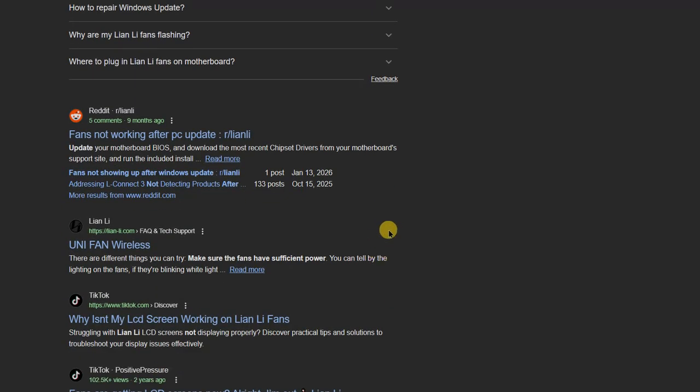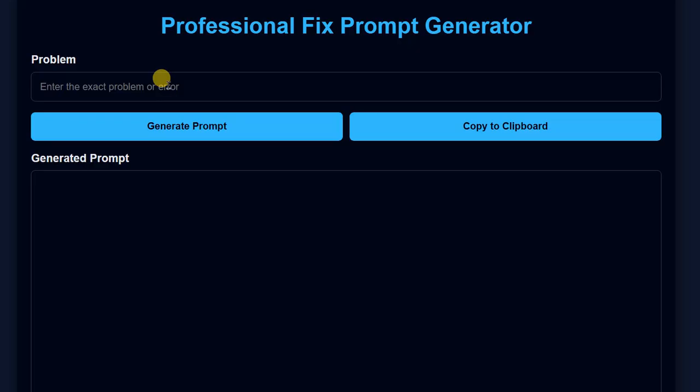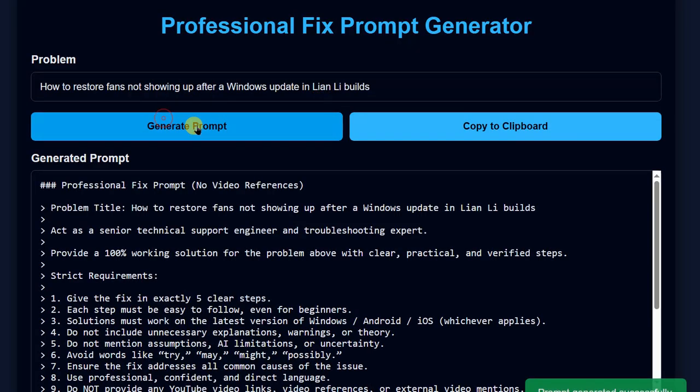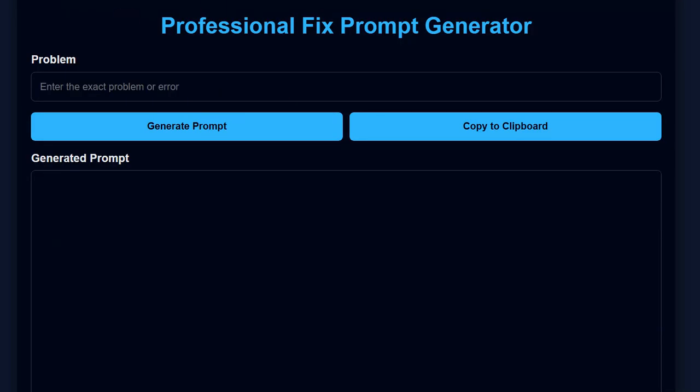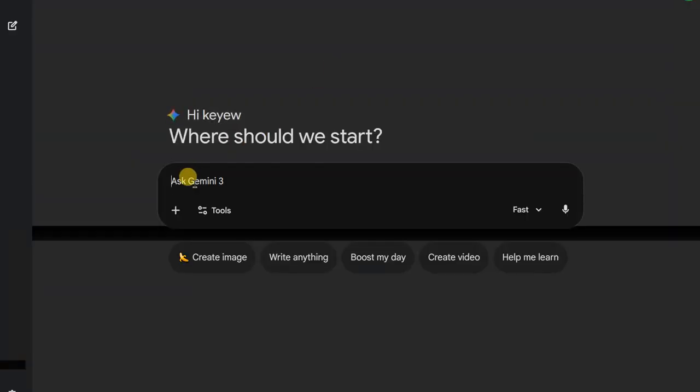But today on Rexish, I'll show you a secret easy trick that works in just a few clicks to make all your fans appear again without messing with tricky settings. You simply refresh the fan controller driver through Device Manager and restart the fan software, and your fans show up